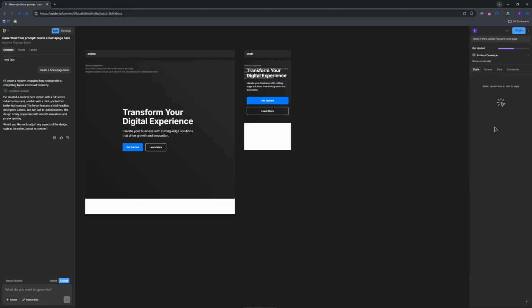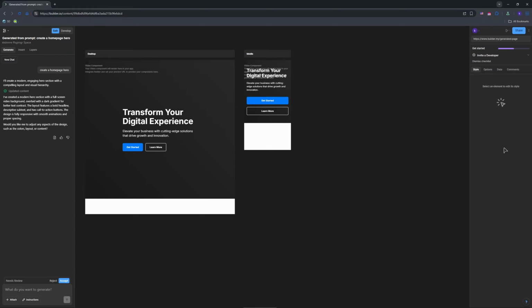Use Builder's analytics to track clicks and impressions, and A/B test variations for better conversions. Click Publish to push content live via APIs or merge generated code into your app. So as you can see, you can just press on Share and basically share your project.